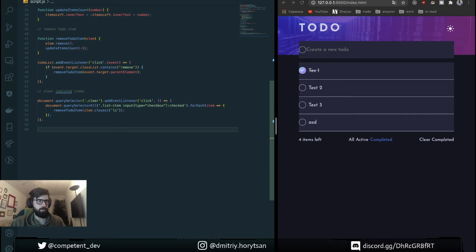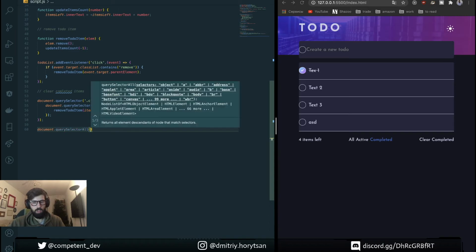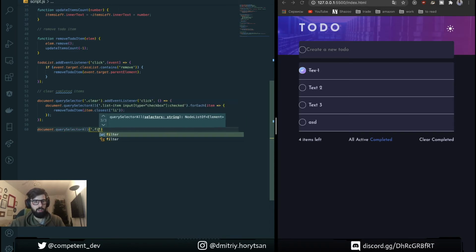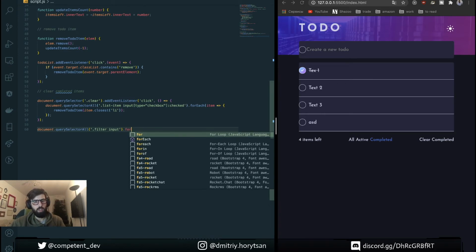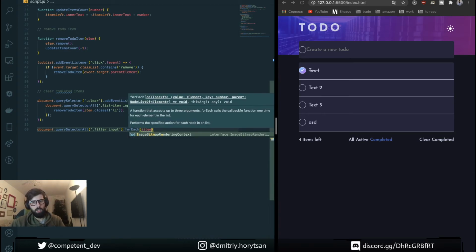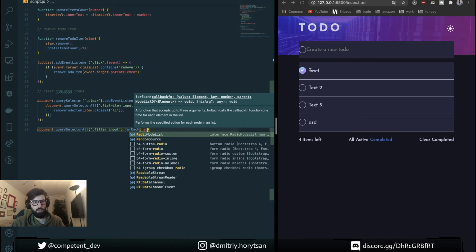We need document query selector all our filter items, add event listener, for each here item radio,